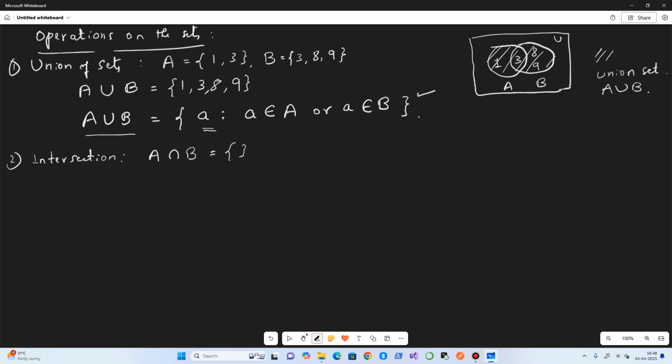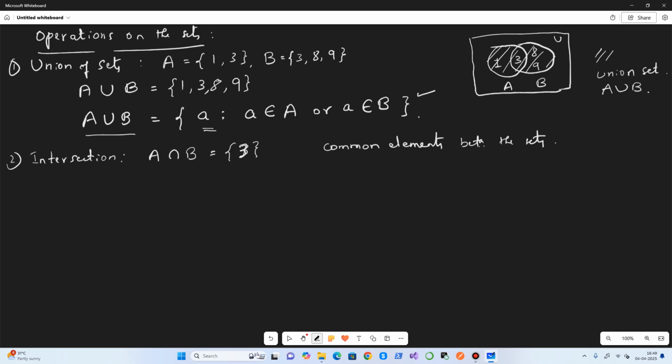In this case it is 3, 3 is the common element. The common elements between the sets are called the intersection of the given sets.